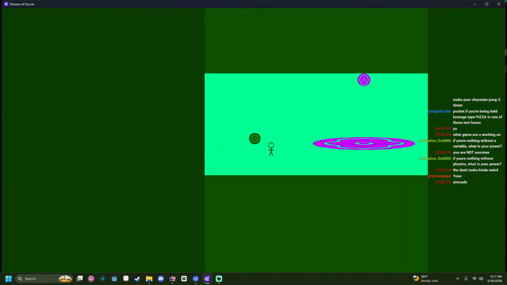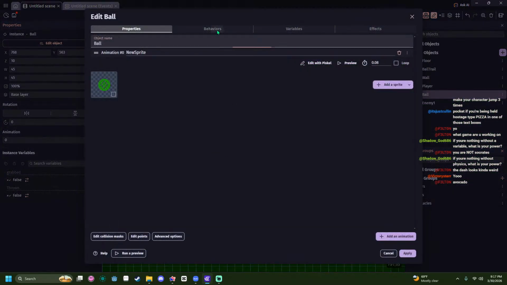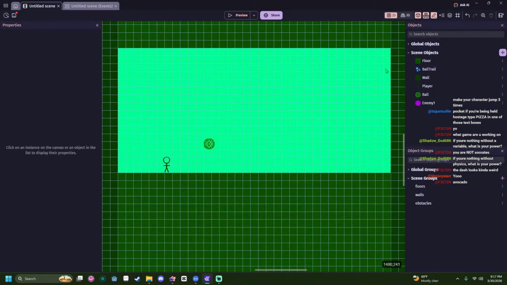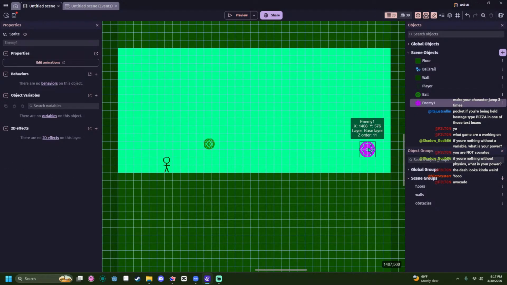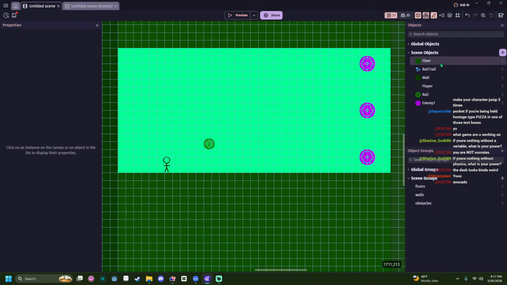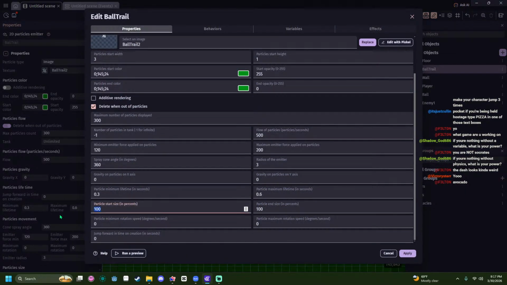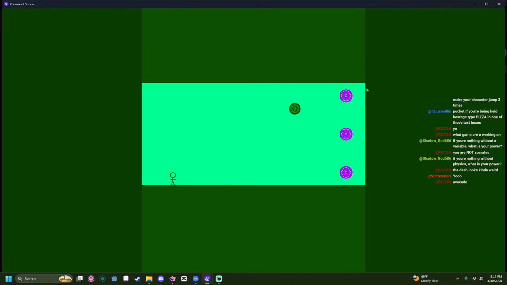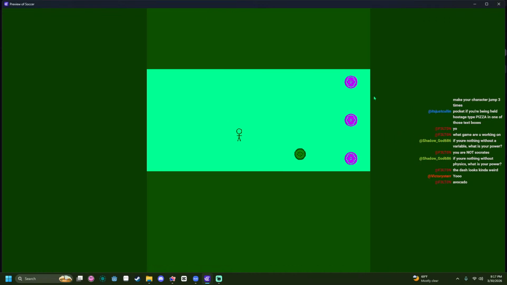There we go. I actually think as well we should make it smaller. So let's delete these. Instead of starting at 100, start at 50 and then end at like 25. Make it shrink over time. Cool.